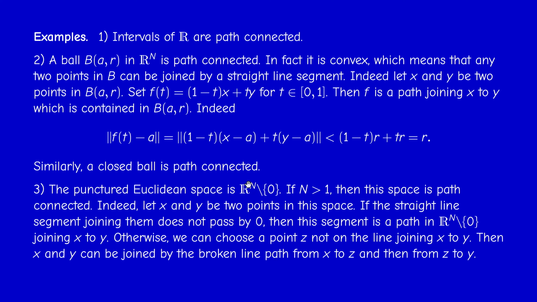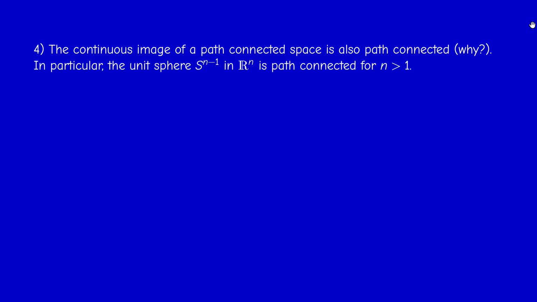Now, of course, Rn alone is convex, so it's path connected. Okay, let's do a trivial example. You should be able to prove that the image of a path connected space under a continuous map is also path connected. It's not difficult actually. And so, in particular,